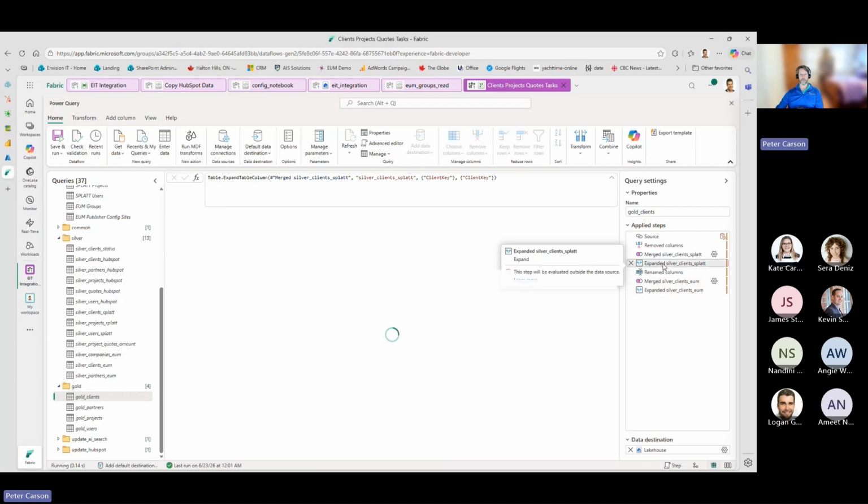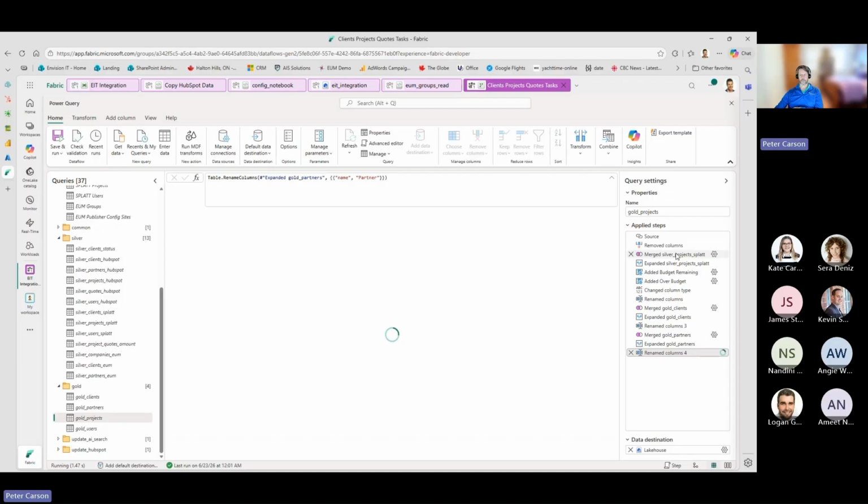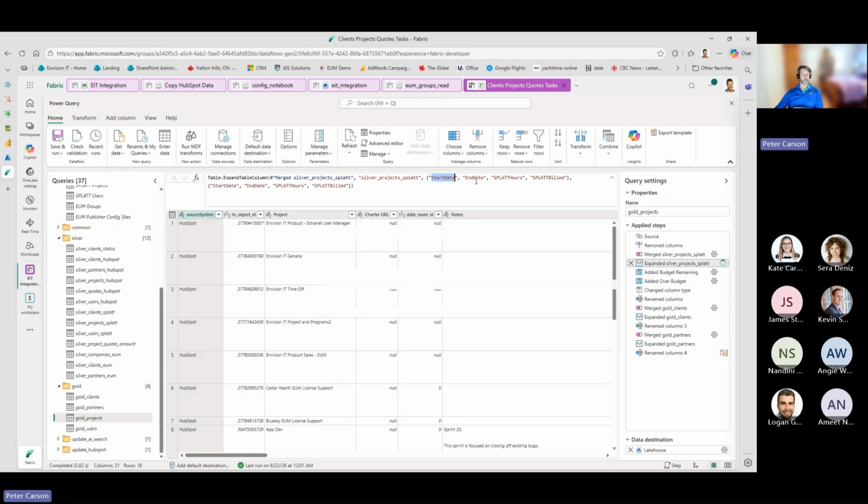Like if we look at the silver clients here, the only thing that is pulling over from the time tracking is the SQL primary key in that system, because it's something that we use later in other systems. Nothing else is being brought in from there. But if we look at projects as a difference, there is a bunch of things, like when did we start that project? When was the last date that we worked on that project? How many hours did we put in it? What dollars did we put into it? All of that comes from the time tracking software. It's not in HubSpot. So that becomes part of the master record.